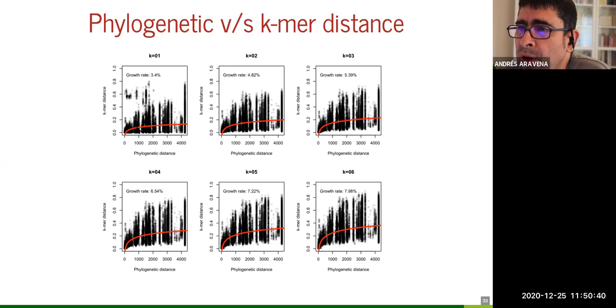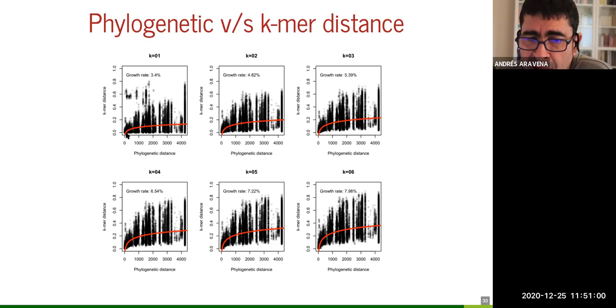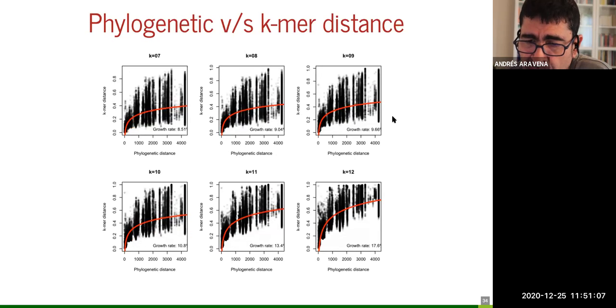You remember that we did the log. I made a log plot, and then I find the line, and then I calculated how the thing is growing. That is like this red line is kind of the average change in k-mer distance when you increase the phylogenetic distance. And when k equals 1, the k-mer distance doesn't increase very much. But with k higher, with k 13,